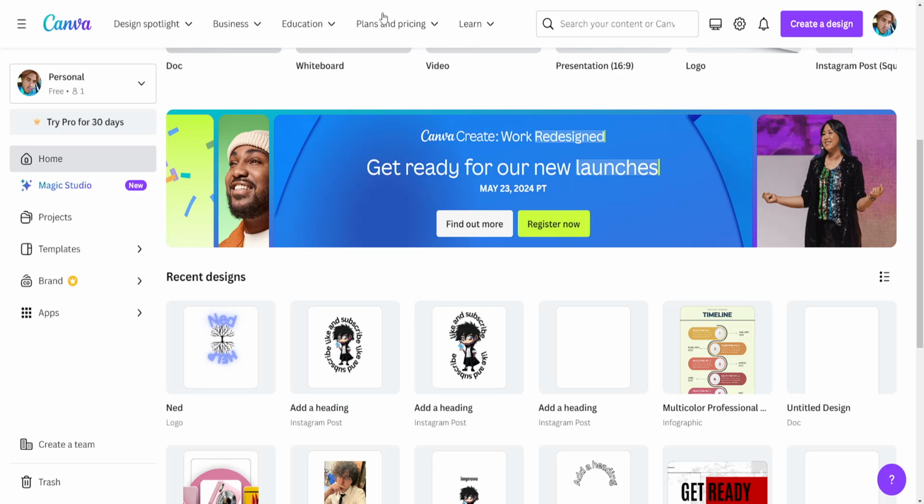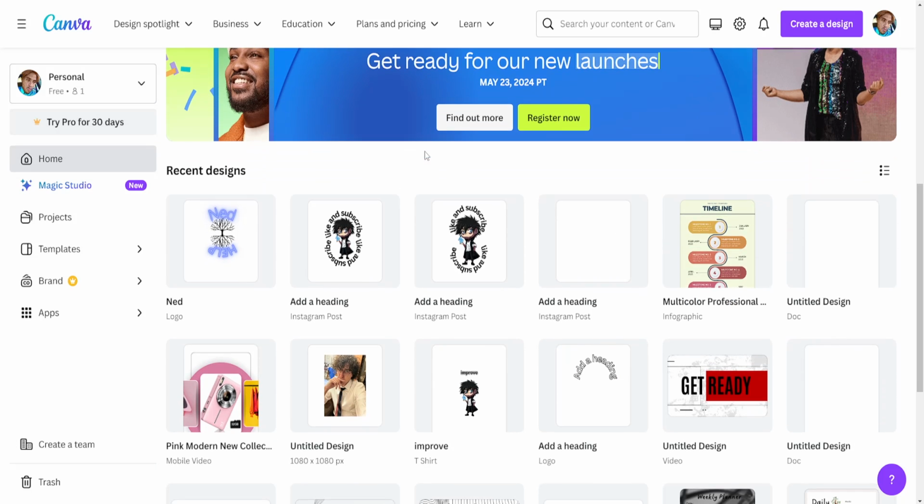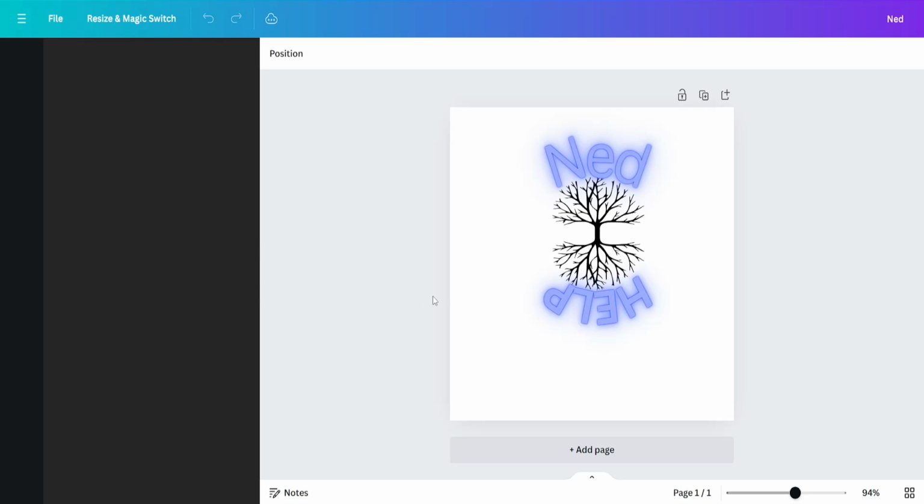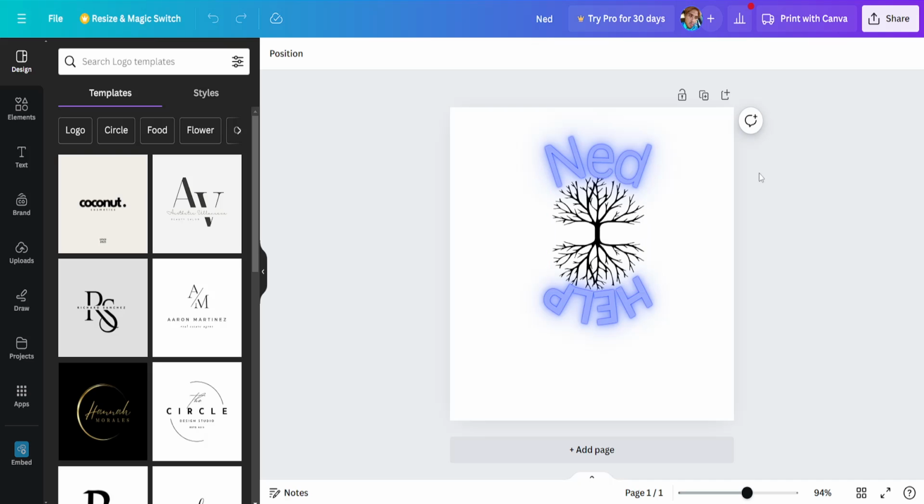How to add Canva design to WordPress. The first thing that we need to do is we'll need to go to Canva and get our design ready. So I'll just use this one. Now, once we have our design ready, we'll open it up here in the editor and then we'll click on